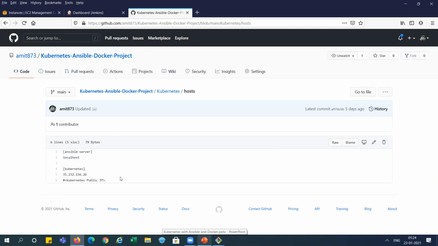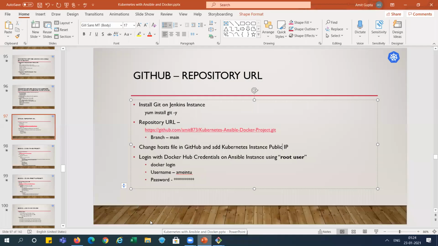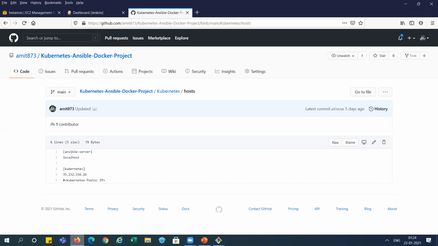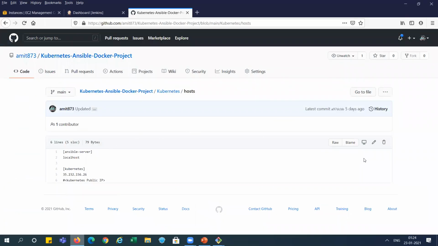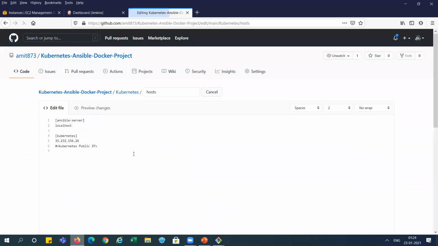Kubernetes public IP, you can see here. This is the master machine, right? And this is the public IP. So we will go here in the tab and edit it. Change this IP.